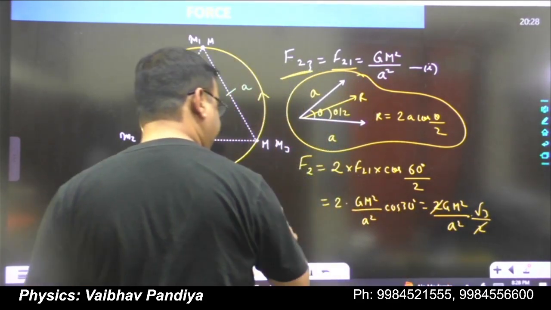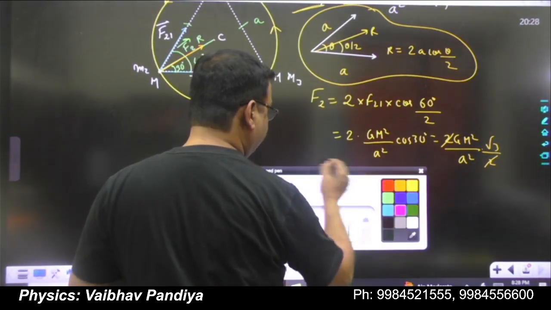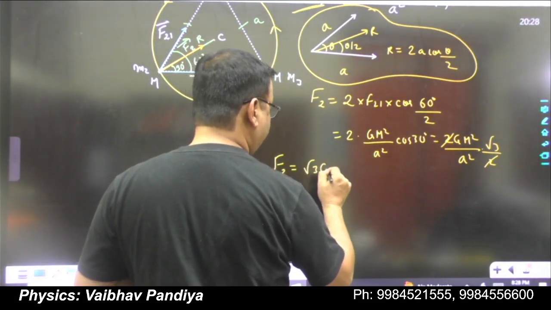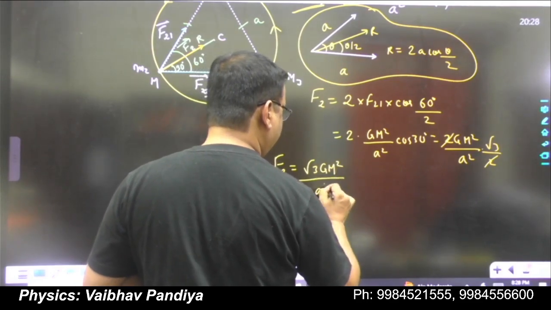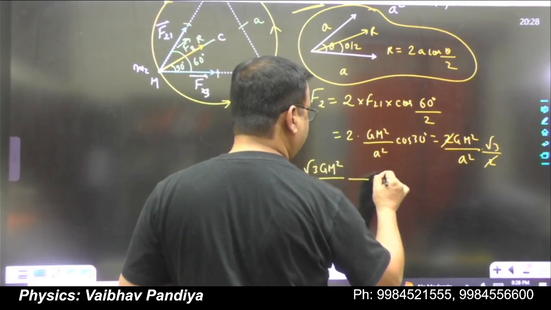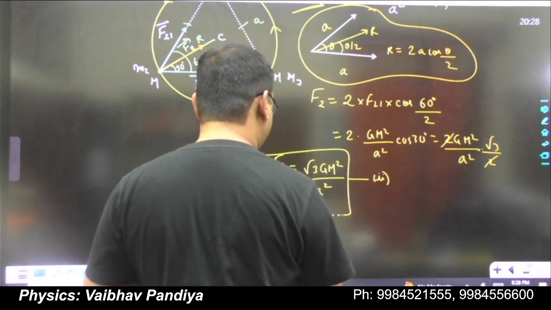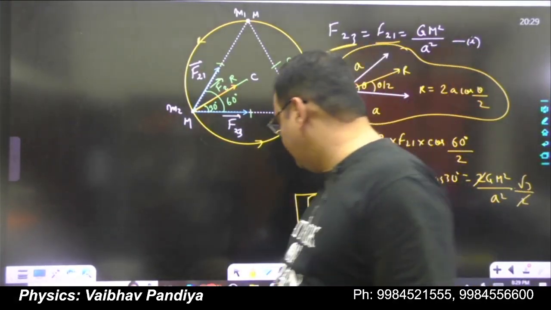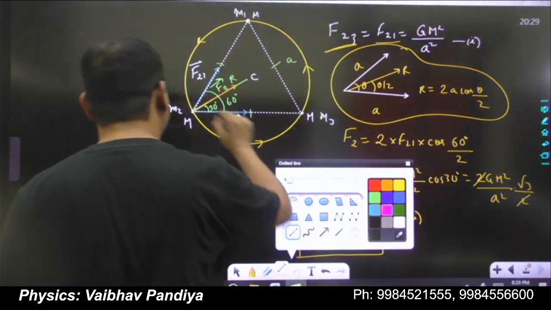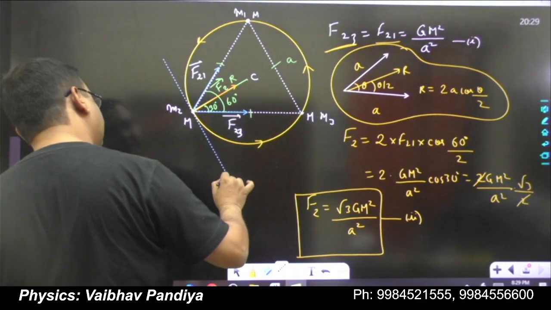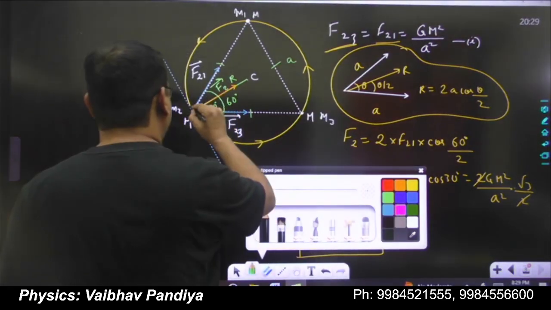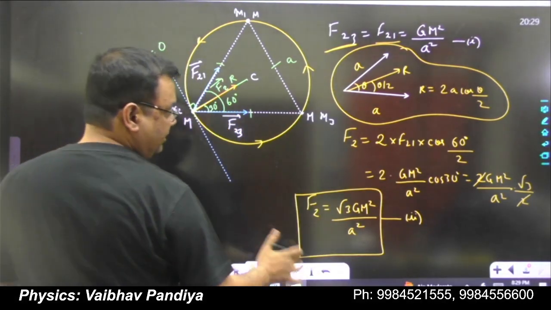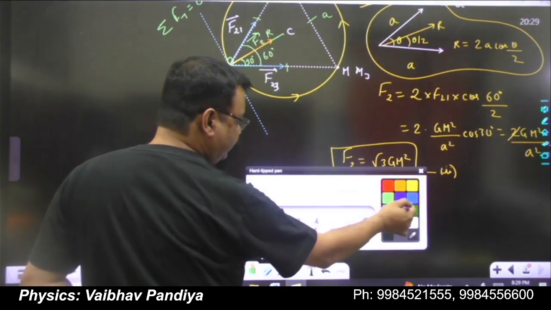So 2 will get cancelled away, and you will get the net force on the second particle as root 3 G m square by a square, correct? So this is the net force on the second particle. Now since the net force is acting towards the center, you can say there is no tangential force if you take the tangential axis like this. So the net tangential force is 0. So the motion will be UCM, uniform circular motion,